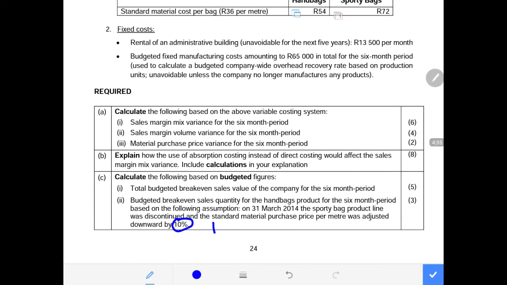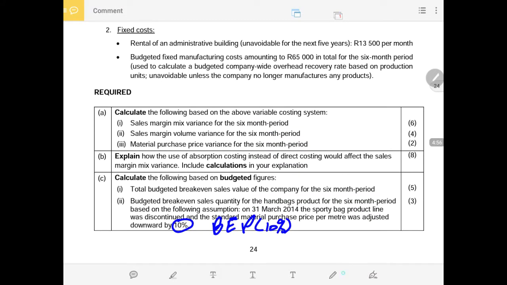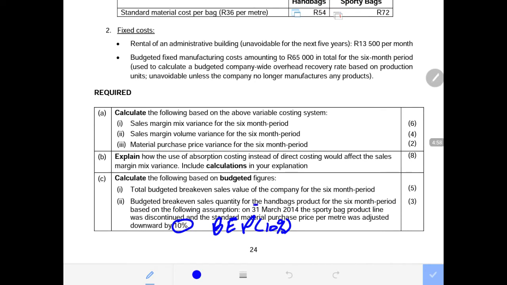So now we are doing the break-even point only for one product because the other product was discontinued in terms of operation or production, and the material requirement per unit was adjusted by 10% for the remaining product, which is the handbag. So the material requirement went down